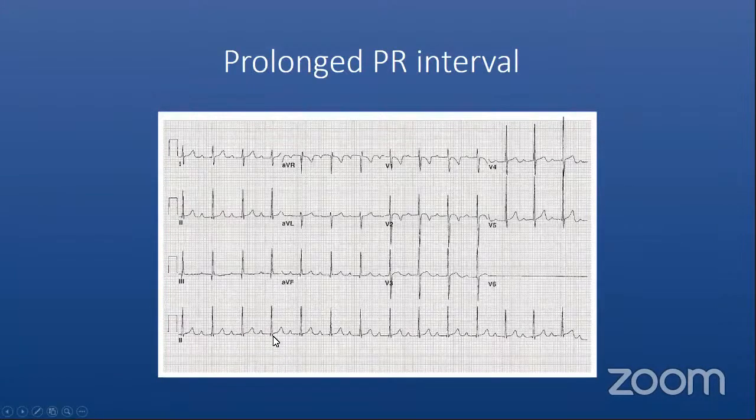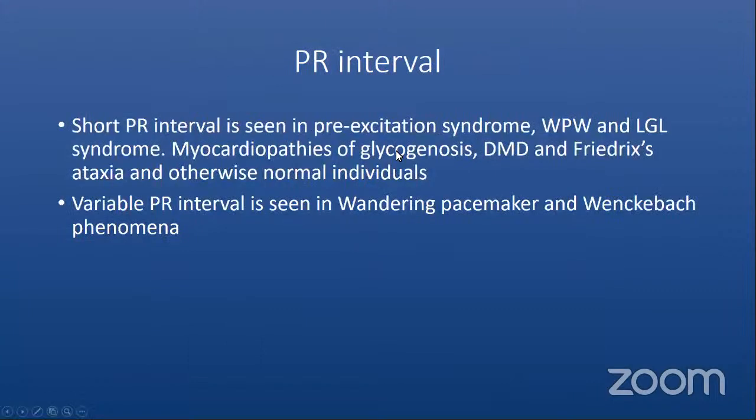Just eyeballing it, the only thing it picks up is basically a prolonged PR interval. This is just to show you an example: it is more than 0.2 second. Otherwise, it's normal in an older child. A shorter PR interval is seen basically in the pre-excitation syndromes, like WPW, that will have a prolonged QRS duration